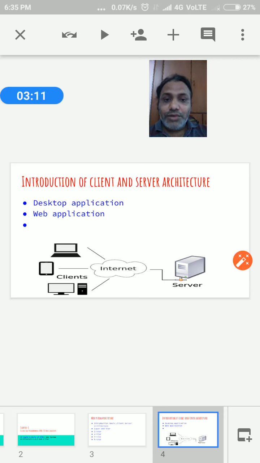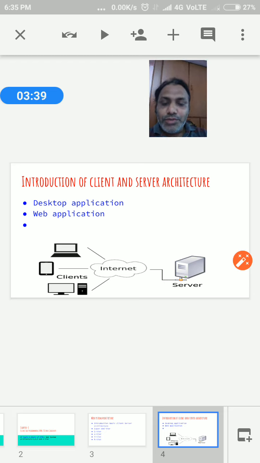Web applications, as you know very well, are based on client server. According to the diagram, the clients in the form of laptops, computers, tablets are connected to the internet, and the other end of the internet is connected to your server. So this is the basic diagram for the web application.